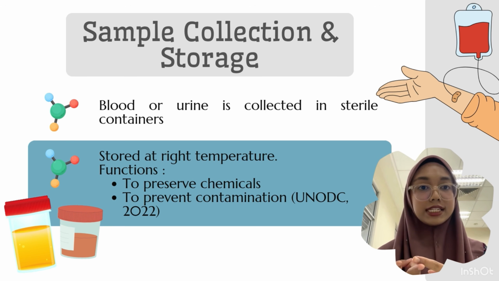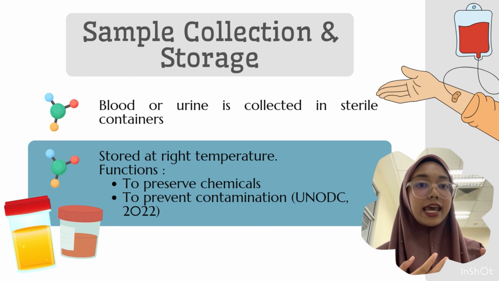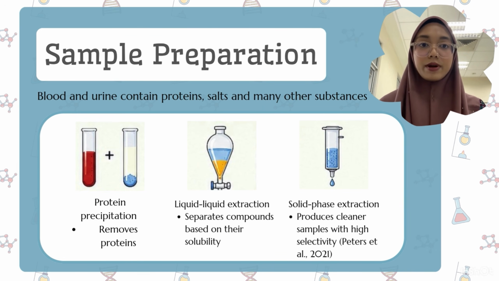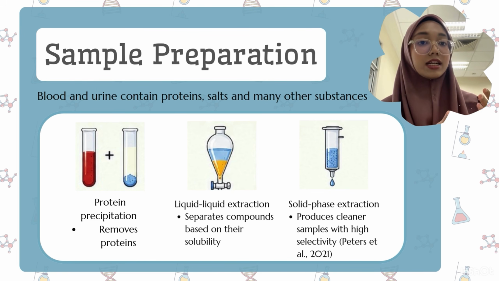Blood or urine is collected in sterile containers and stored at the correct temperature to preserve the chemicals and prevent contamination, ensuring reliable laboratory results. Next is sample preparation. Since blood and urine contain proteins, salts, and many other substances, the target compound must first